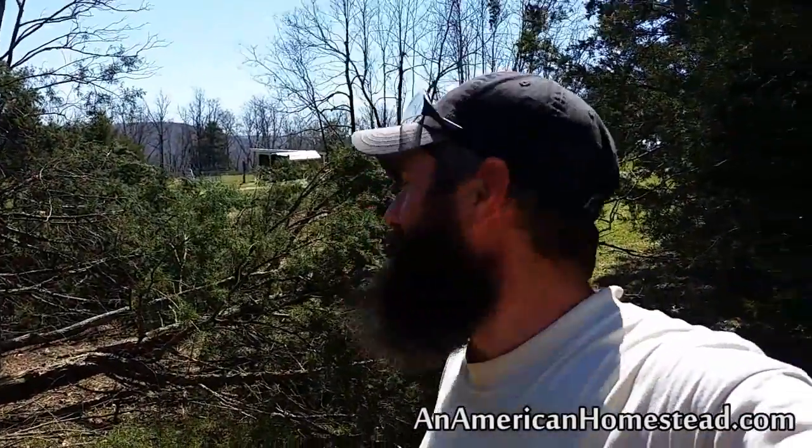Cutting the trees down is the easy part. The hard part, and the part that takes the most time, is lopping all the limbs off and hauling them away. And so we've been working now for a couple days. We've cleared a lot of space over the last couple days. We're trying to get as much done before spring really hits